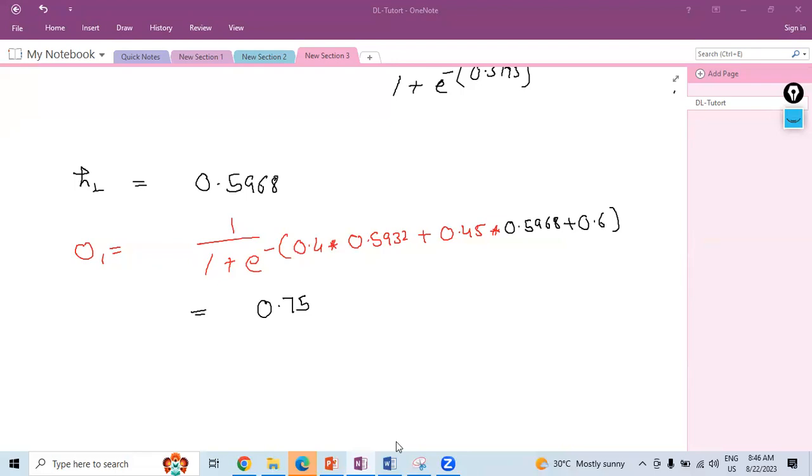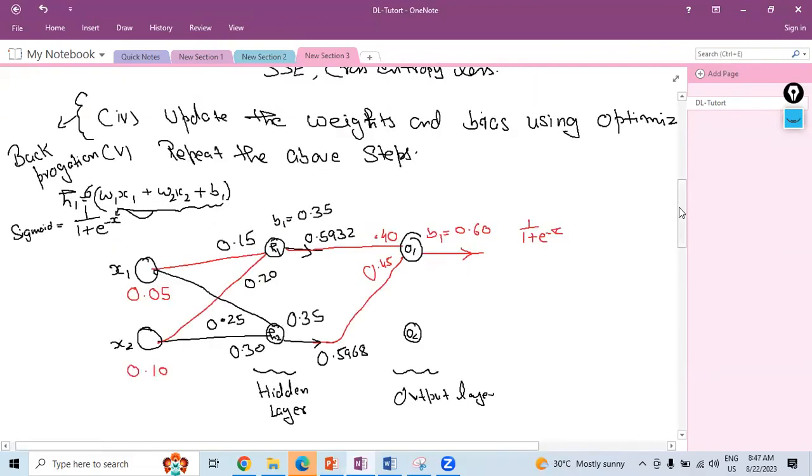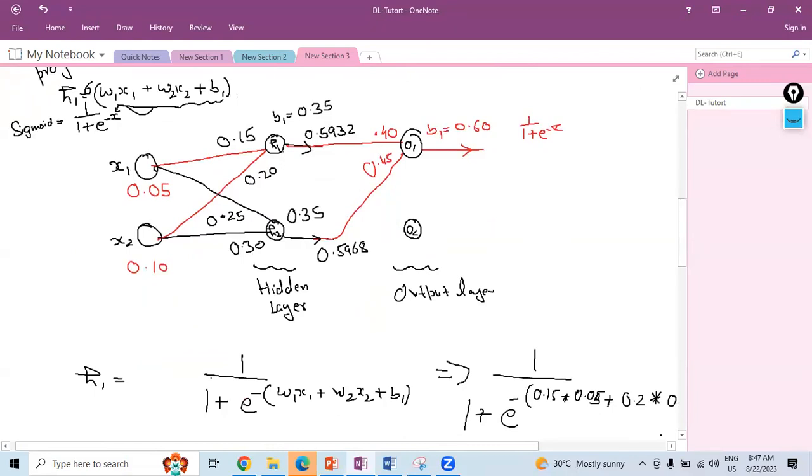Okay. So my final call is like no doubt. And if there is no doubt, can you please do the same thing for the O2? So now for the O2 again, we have to pass the H1 and H2 with some weight. And this time the weight will be